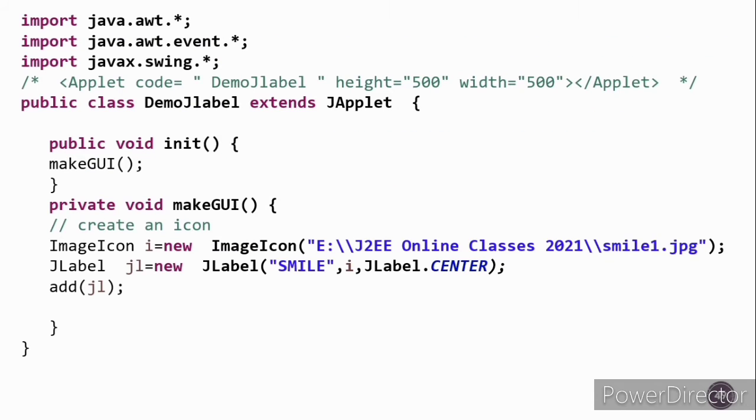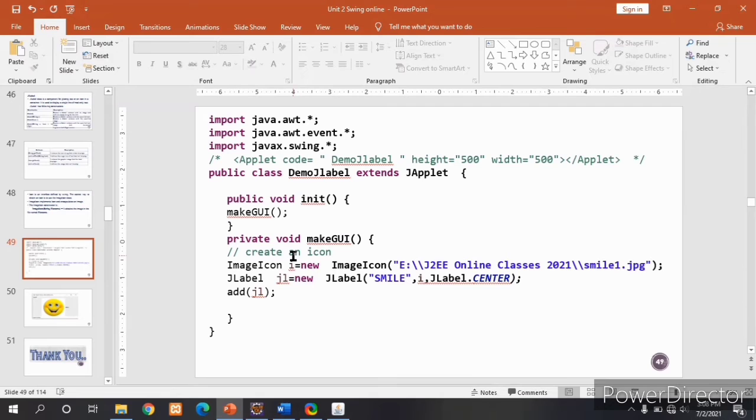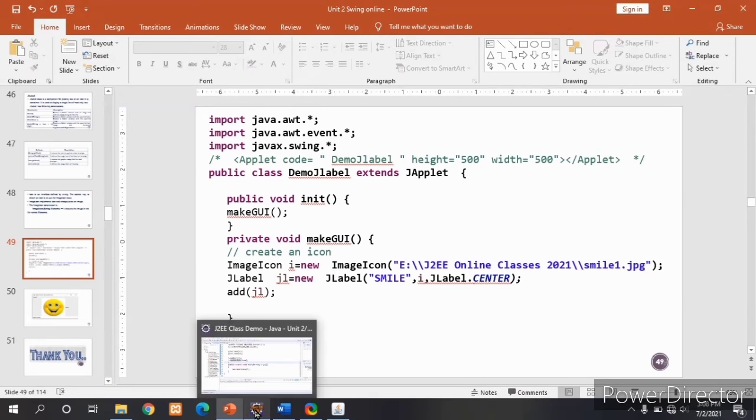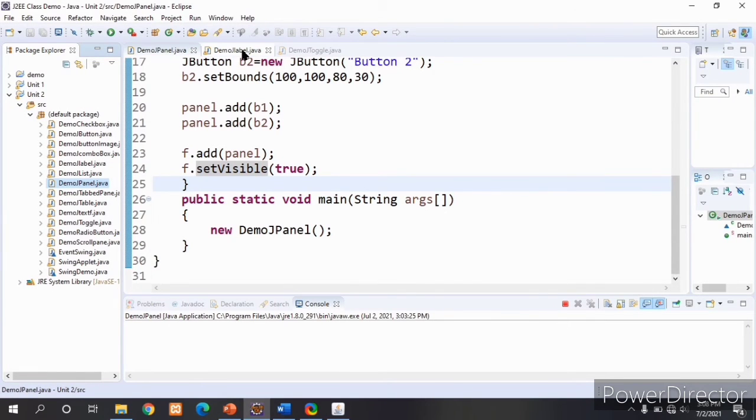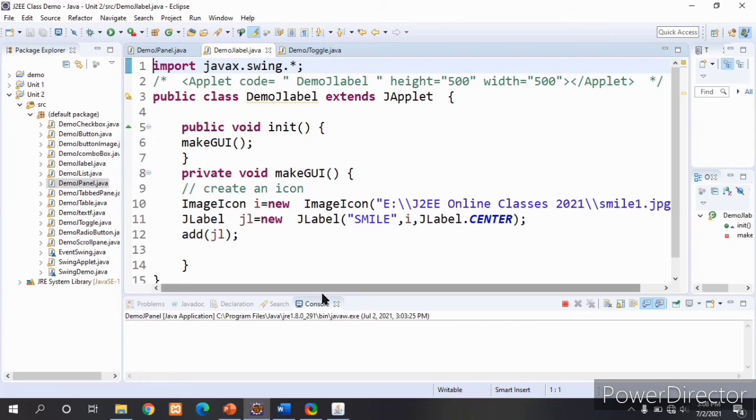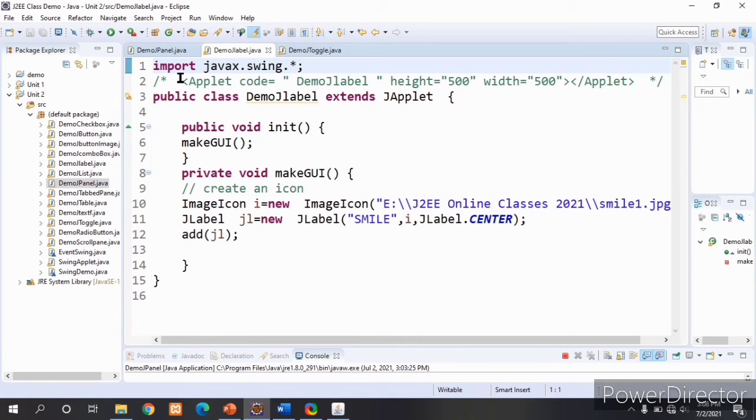We will see one example of a JLabel with an icon and some text message. See here, this is the JLabel example. We are importing the javax.swing.* package because we are using a JApplet and JLabel here.